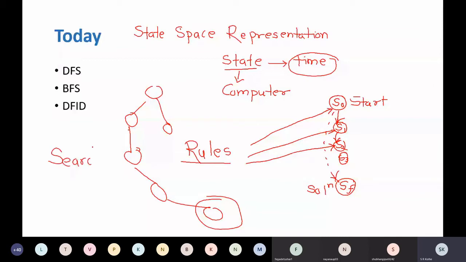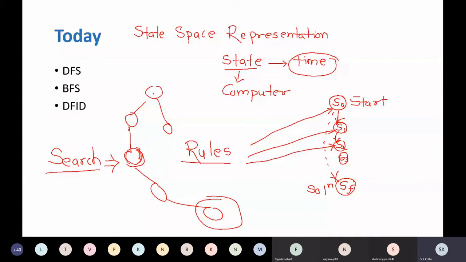While solving this problem, ultimately you will be implementing a search program. That search program will start with the starting state, and then it will check: is it a goal? If no, it will find an appropriate rule and apply it. That will generate a next state. Again you check: is it a goal? If yes, return that as a solution. Otherwise that will generate another new state, and every time you are checking whether that state is a goal state or not. But here you come back to the starting state.